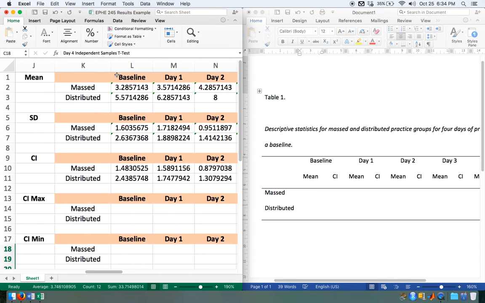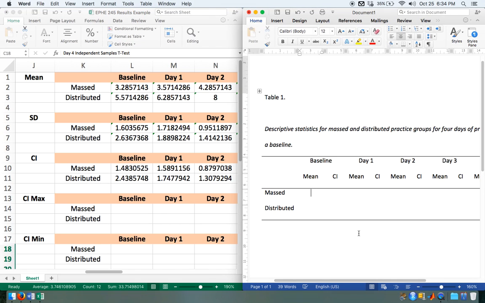Oops, sorry, mean of the base is 3.285. So we're going to just do it to 2 decimal points, so 3.29. So that's this one here, okay? The mean for this one is 5.57. Do you see where I got that number? Right there. So then again, we're going to just go to day 1 now. So 3.57,